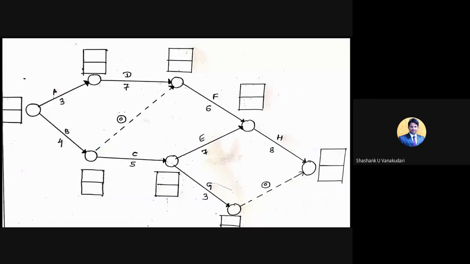Okay. So now, this current network diagram is visible to everyone. Yes, sir. Okay. So now what I'm doing, I will do the time estimates and fill up the EST and LFT values in these boxes. Okay. So always the EST will be 0 here.